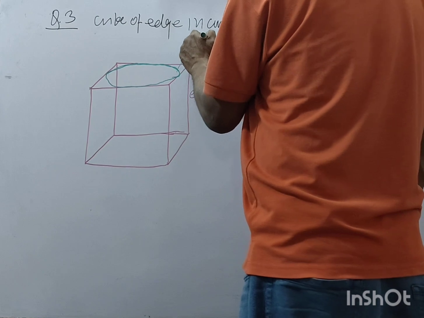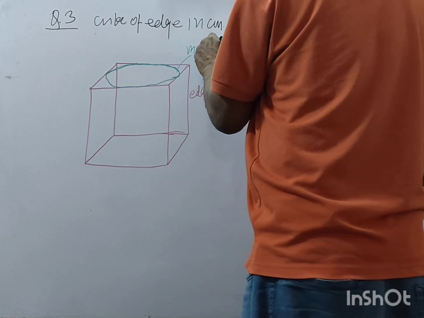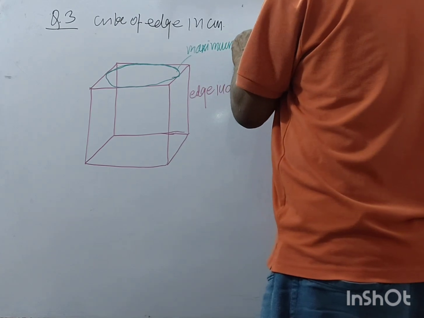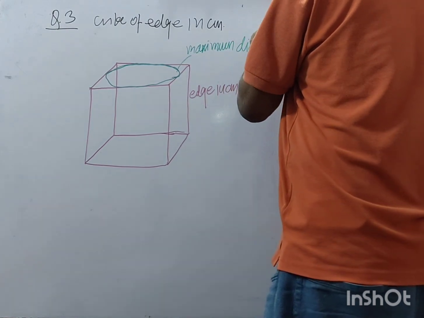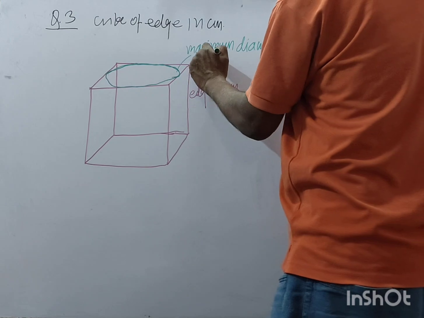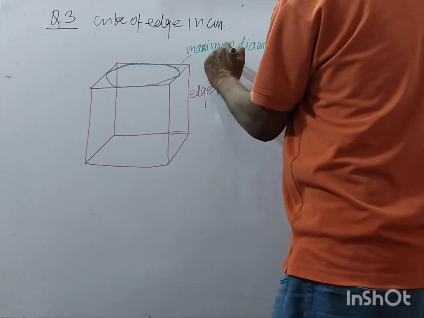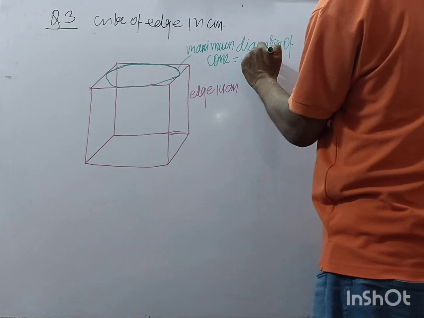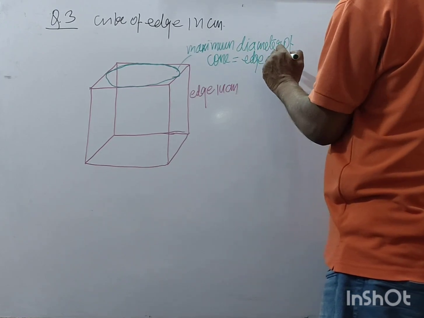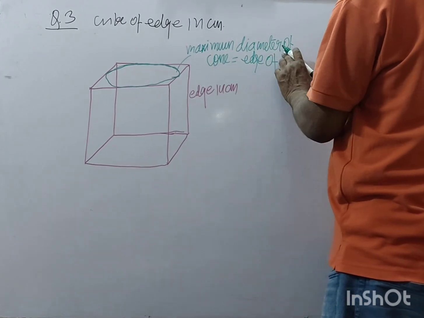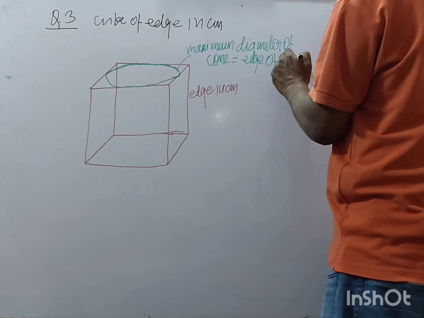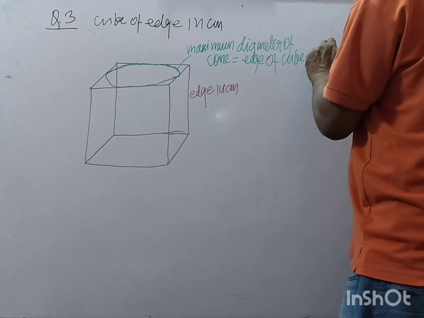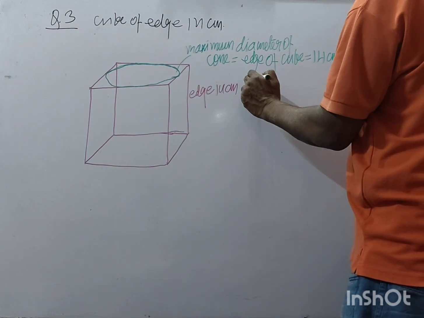The maximum diameter of the cone is equal to the edge of the square cube, that is 14 centimeter. So the radius